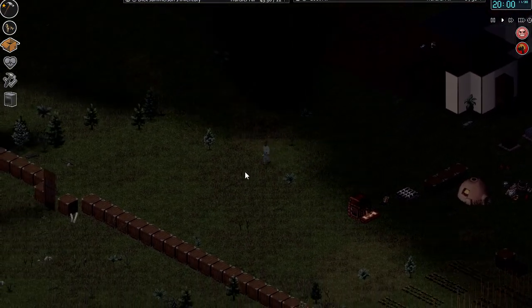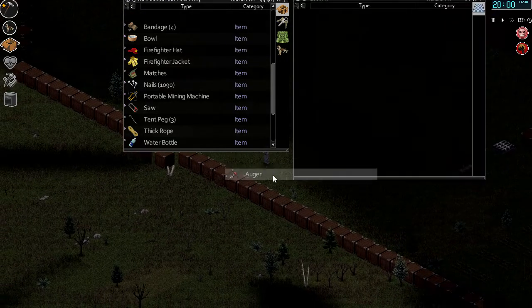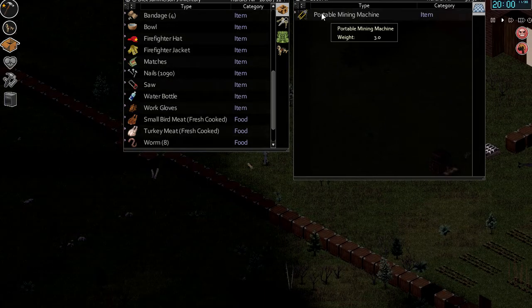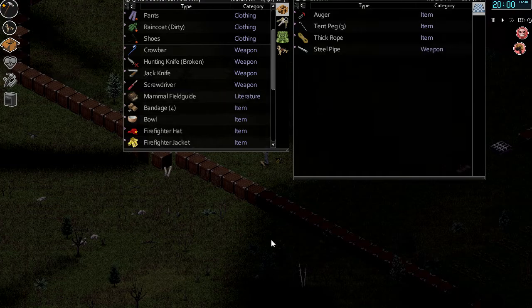Don't know where we're going to put it. Maybe we'll put it over here for now. We can move it, so it's not a problem. Okay. Portable mining machine, I think, is the best thing to use with it. I don't know where the steel pipe comes in, but